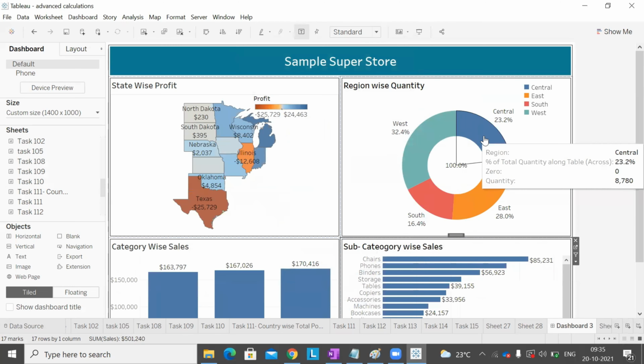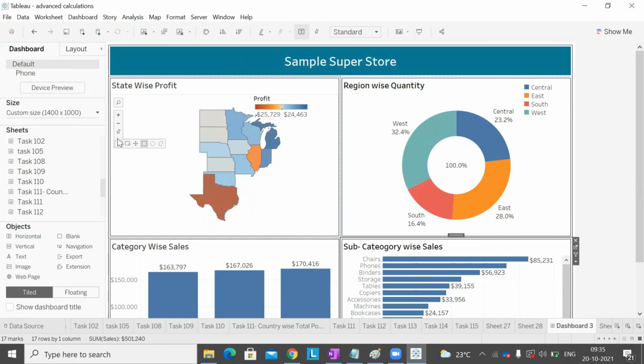So I clicked on this central. I just moved out. What happened is the filter is getting applied on the central region, and also it is showing